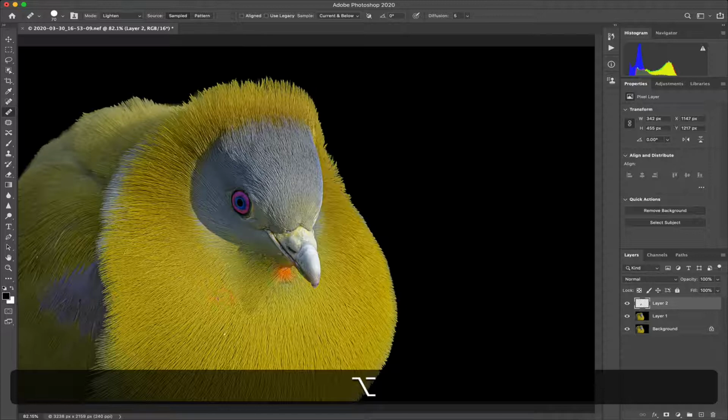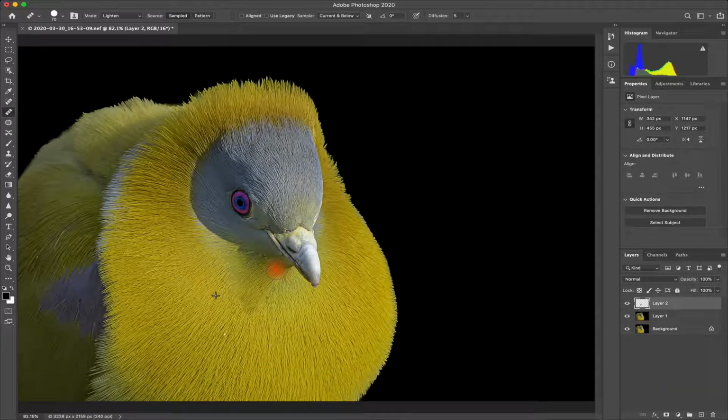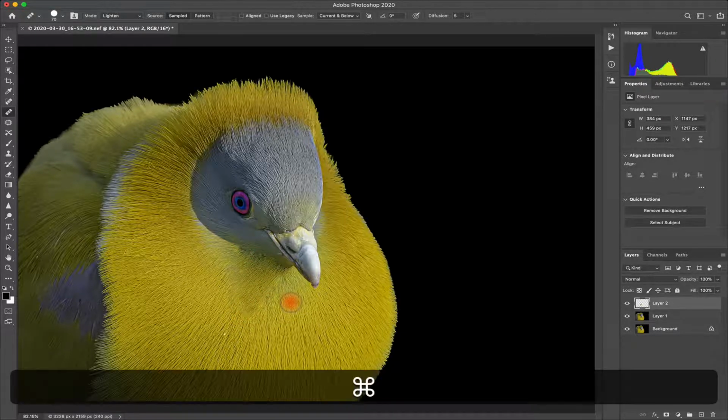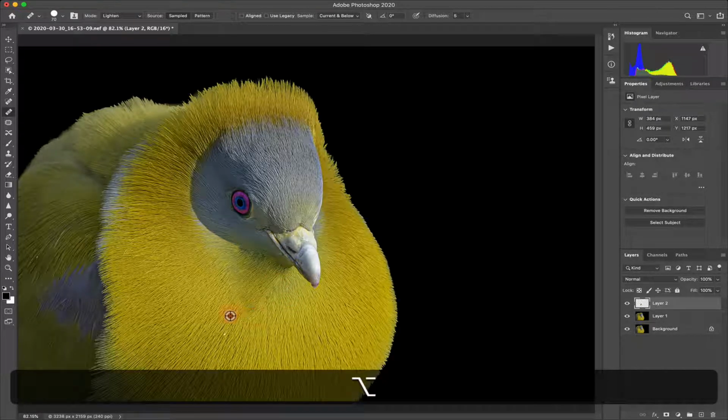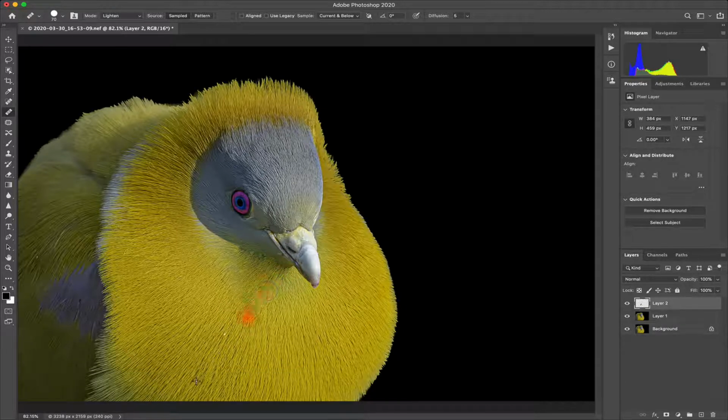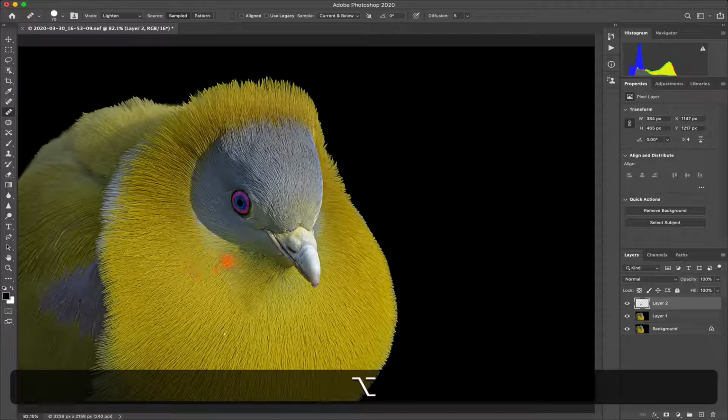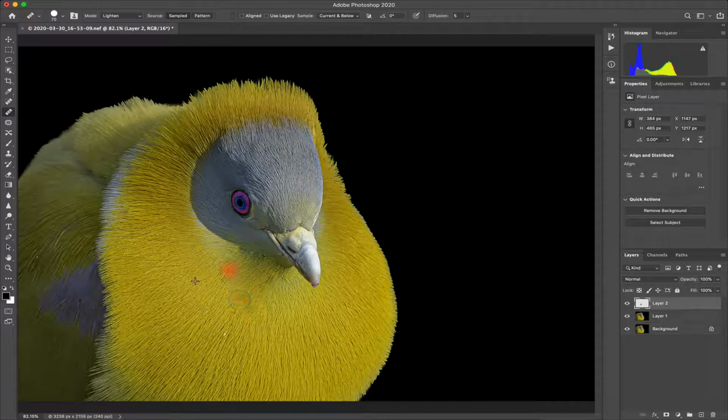Change the source maybe a bit here. And just maybe blend it by choosing a source here. Not really here, here. And we change the source again. So that's the general idea.